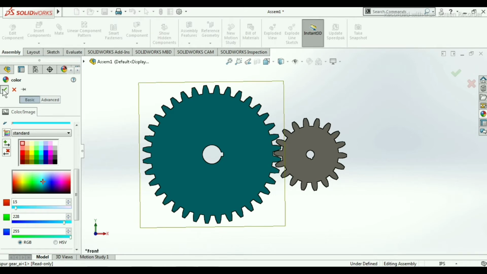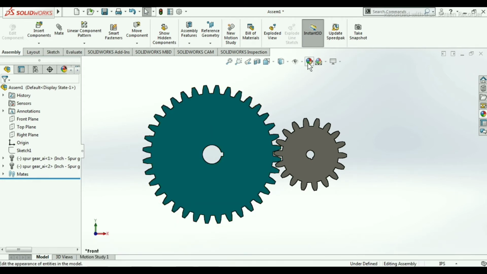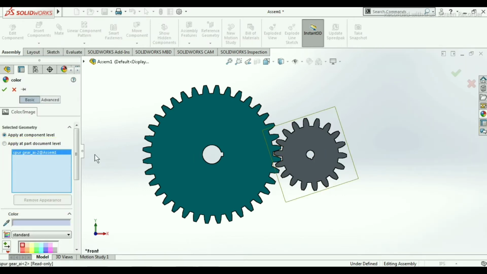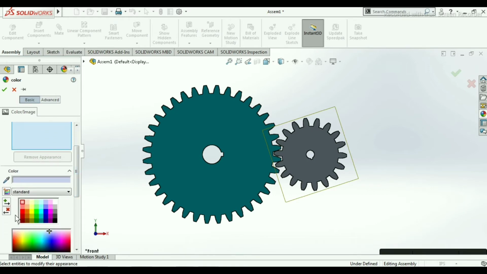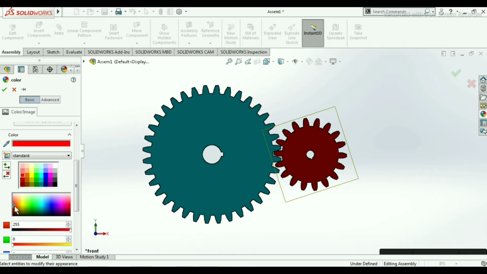Click on OK, and according to our pick this should be little brown. So again click on edit appearance. Now select this spur gear, smaller spur gear, and this time we will give red color is also good.